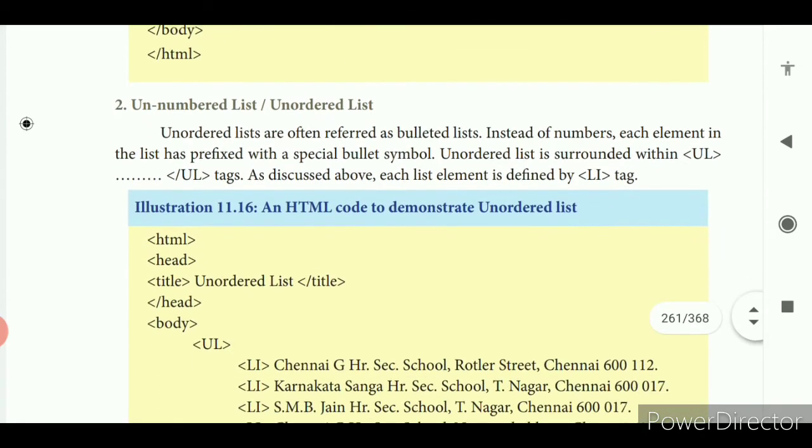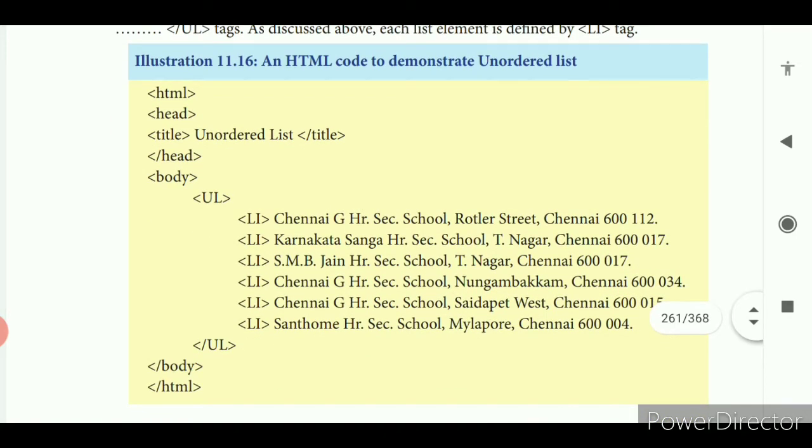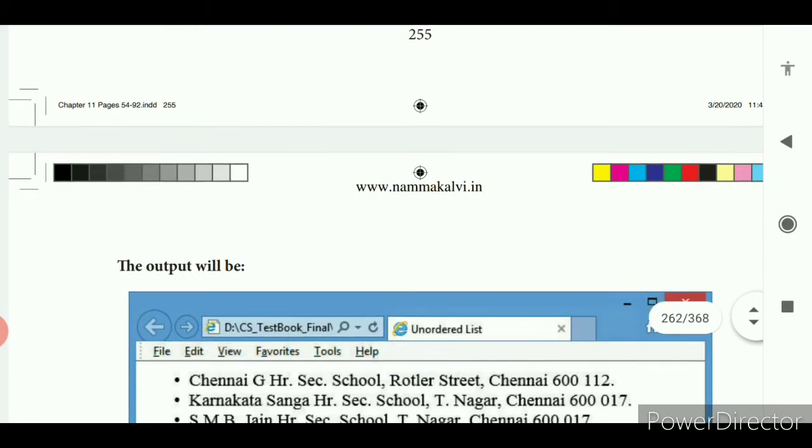Okay. Then the next one is the unordered list. Unordered list means without numbering, you can give some circles, some small icons or pictures. It's the same, but in this program, you see within the body tag your unordered list will be started. Then what will be the output?